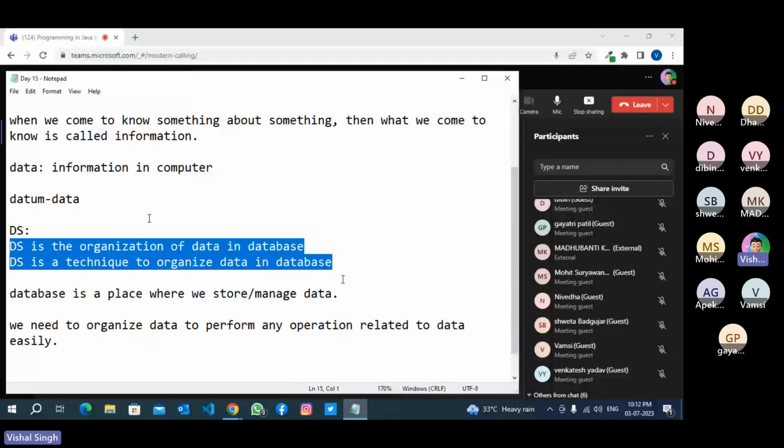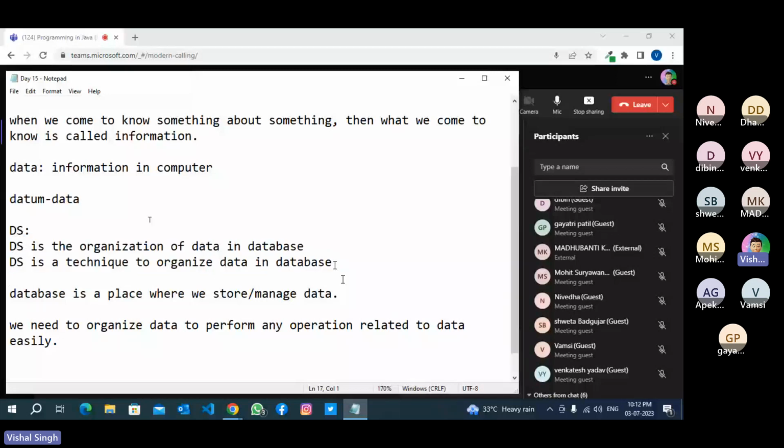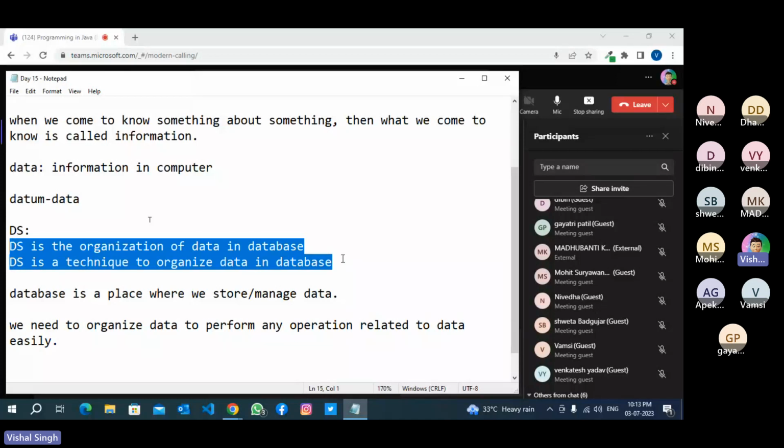Database and data structure are not something we learn only for software development, like web applications or writing queries. That's not everything. There are so many other uses. For example, if you want to design and develop an application like MySQL or Oracle, how can you design those kinds of applications?